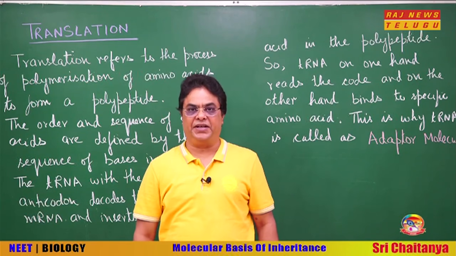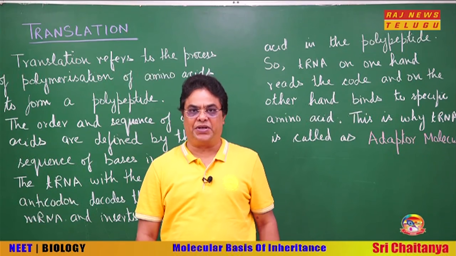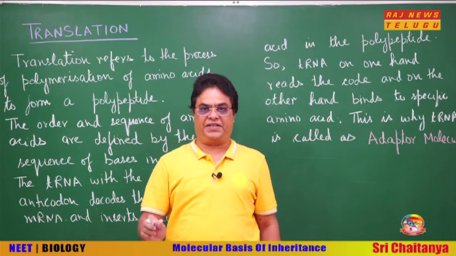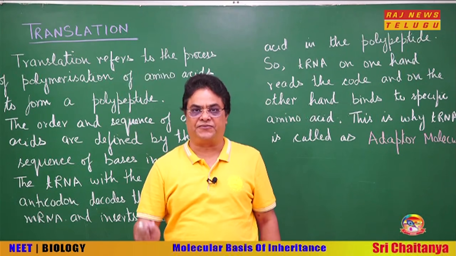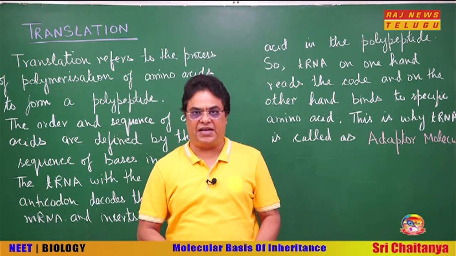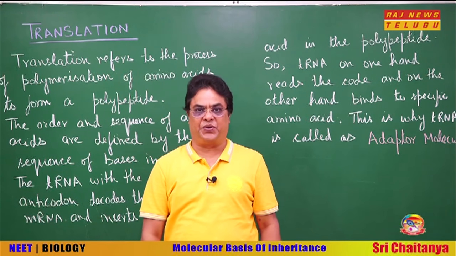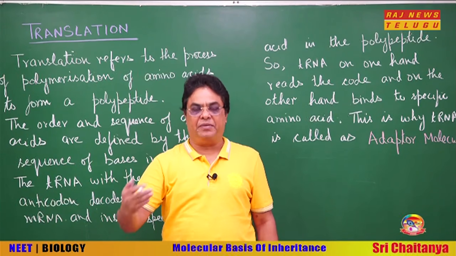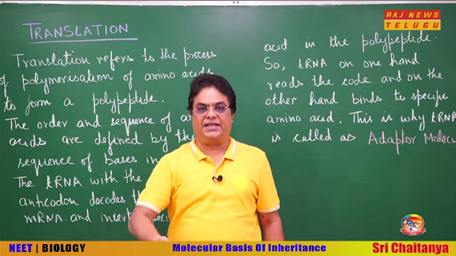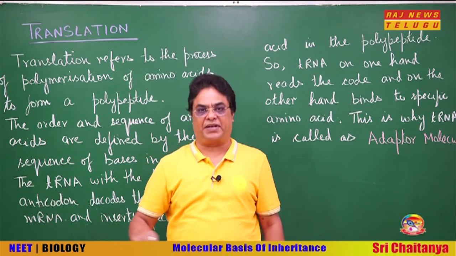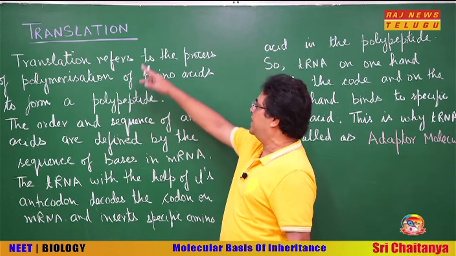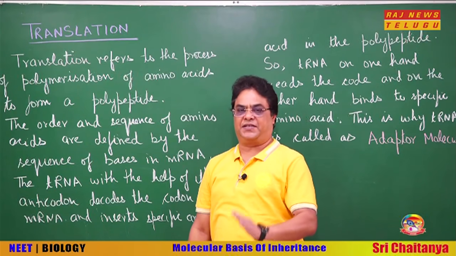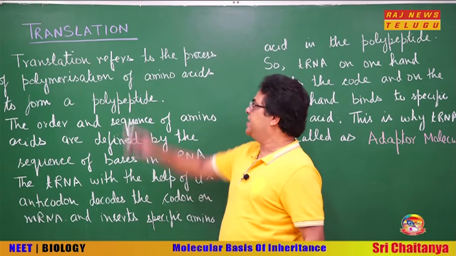In the previous lecture, we studied the genetic code, that how a sequence of 3 nucleotides in mRNA, which is called one codon, codes for one amino acid, and this relationship was called the genetic code. Now we are going to see how that coded information present on the mRNA is decoded to synthesize a particular polypeptide, and this is called translation. So, decoding of the codons on mRNA to synthesize a specific polypeptide, this process is translation.